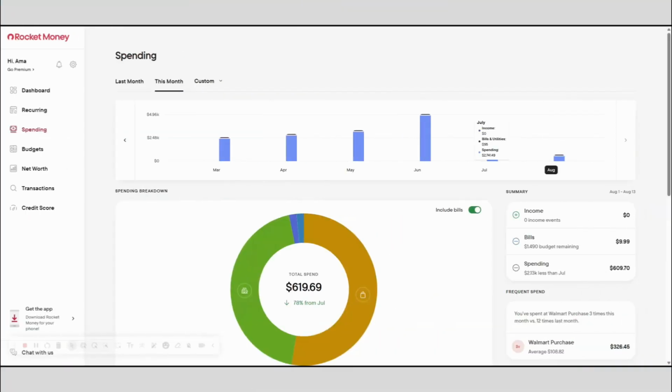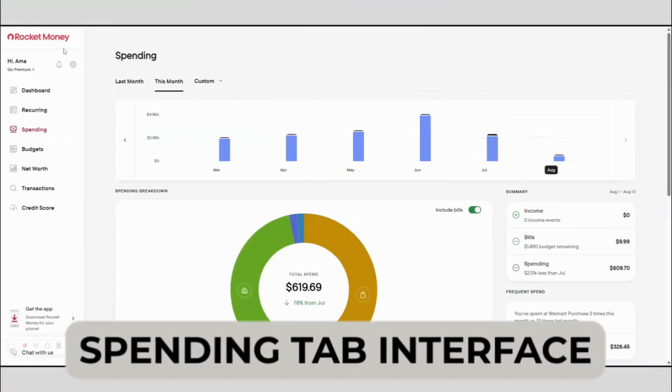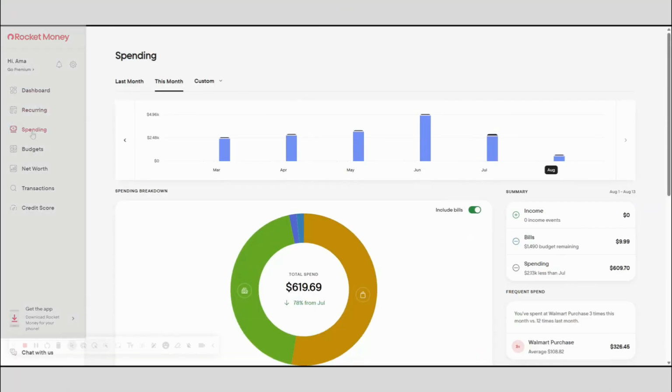So in the screen share, as always, you are watching over my shoulder as I take you through step by step on how you can win with the Rocket Money app. Specifically though, how you can learn to manage your spending, to track your spending and to course correct with this great app. So when you come on to your Rocket Money, on the left hand corner, you will click on